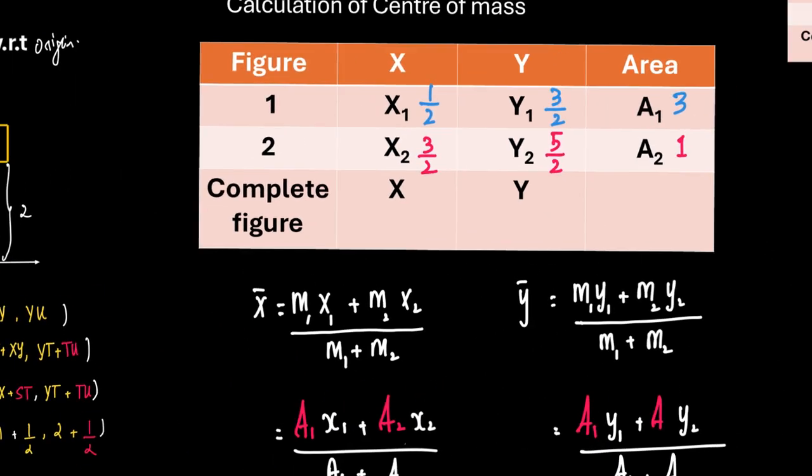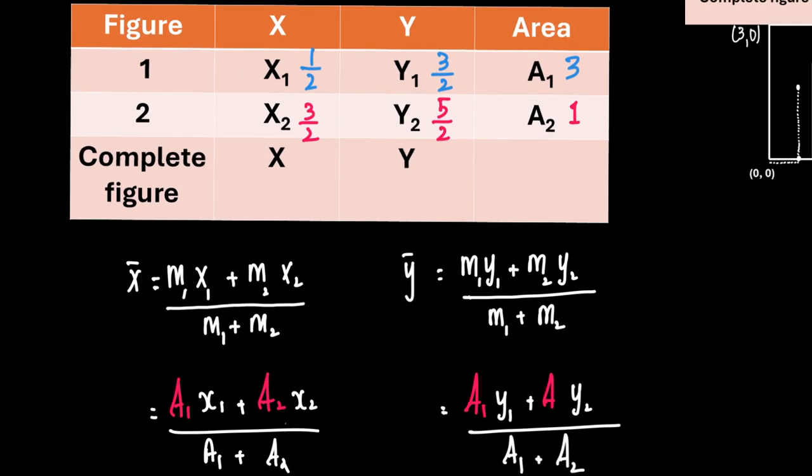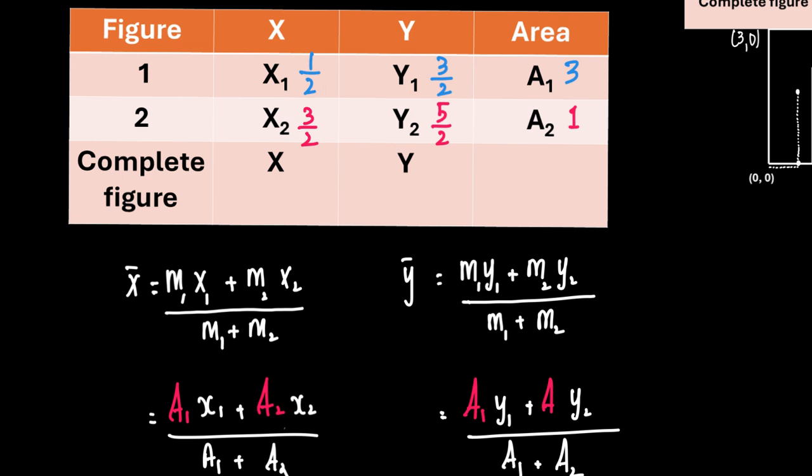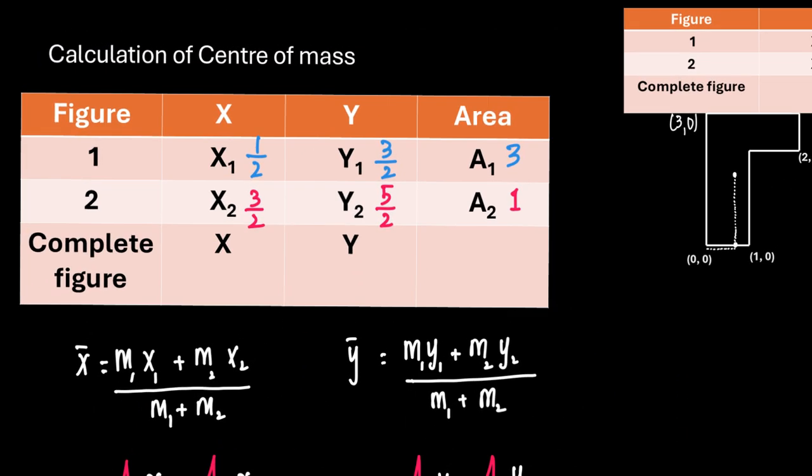So if we write down the values from the given areas, x1 is 1 by 2, x2 is 3 by 2, y1 is 3 by 2, y2 is 5 by 2. Corresponding areas are 3 and 1. Now what is x bar? m1 x1 plus m2 x2 by m1 plus m2. Y bar is m1 y1 plus m2 y2 by m1 plus m2. Since the mass is uniformly distributed, m1 can be replaced by a1. So we have a1 x1 plus a2 x2 by a1 plus a2, and correspondingly a1 y1 plus a2 y2 by a1 plus a2. Now substituting these values,